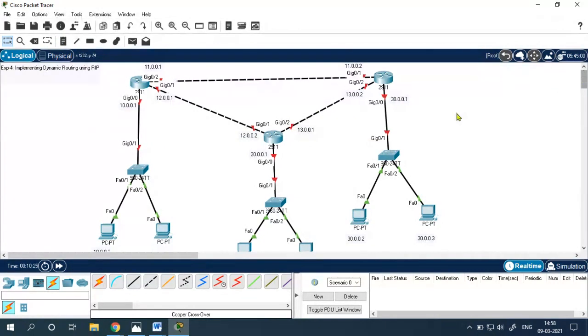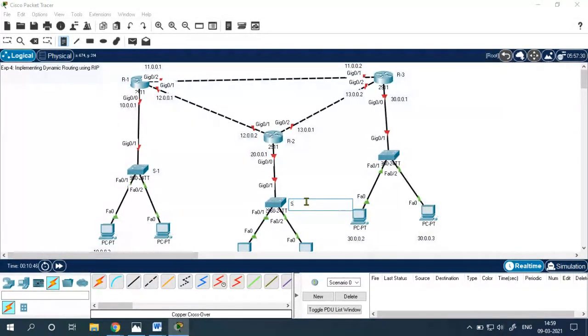Now let me take, this I will call router 1. This I will call router 2. This I will call router 3. Fine. This is my switch 1, S1.